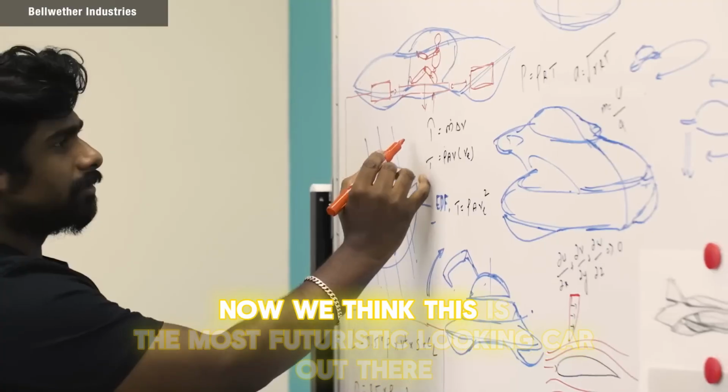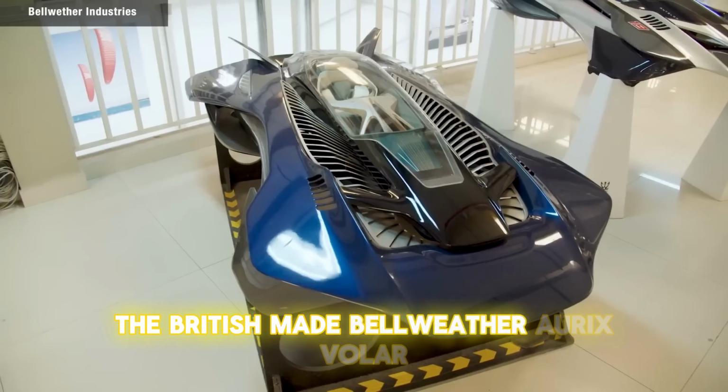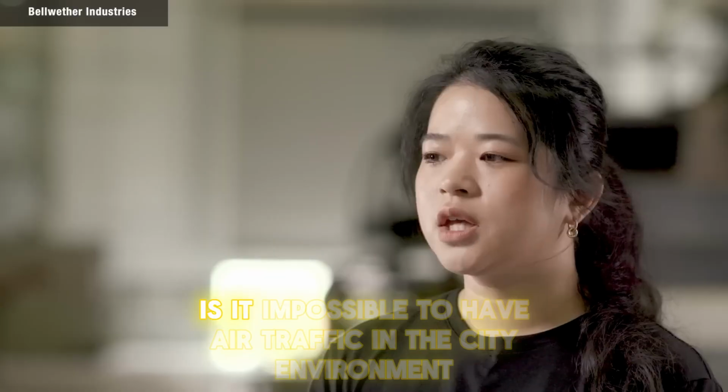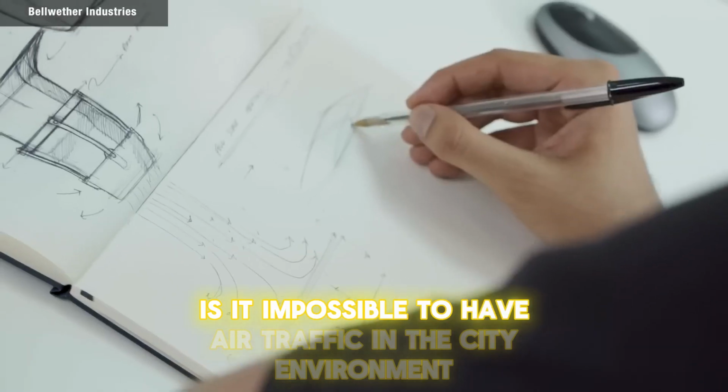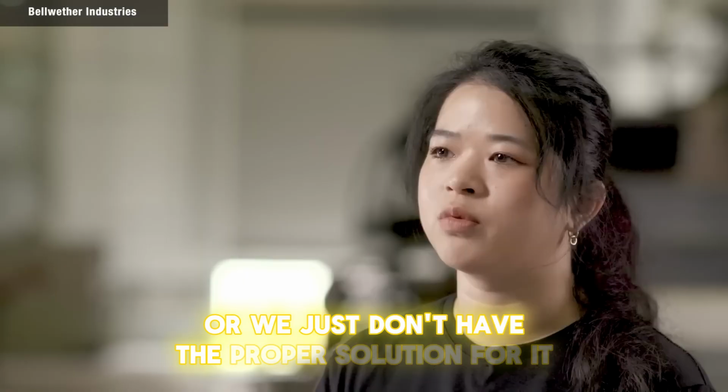Now, we think this is the most futuristic looking car out there. The British-made Bellwether Oryx Bolar. Is it impossible to have the air traffic in the city environment, or we just don't have the proper solution